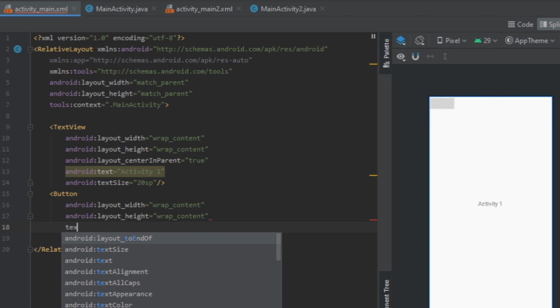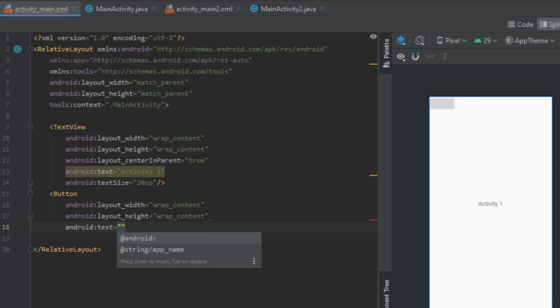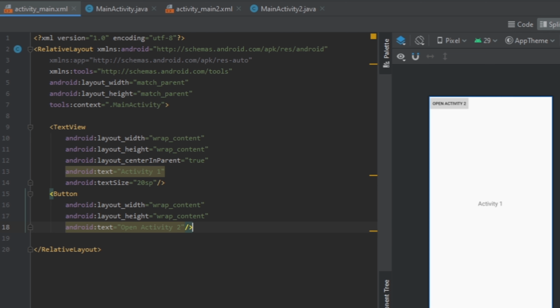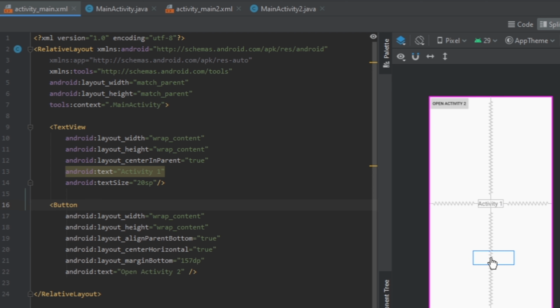Now text, open activity 2. So scroll it to the below from activity 1